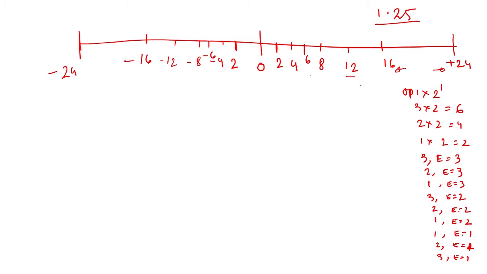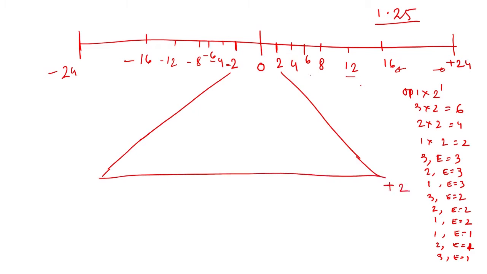Because in this region, between 2 and minus 2, there will be a huge gap. There is a gap between 16 and 24, there is no number. Between 12 and 16, there is no number. Similarly, between plus 2 and minus 2, there will be a good number of values, that we will see here. Okay. So, maybe we can draw something like that.